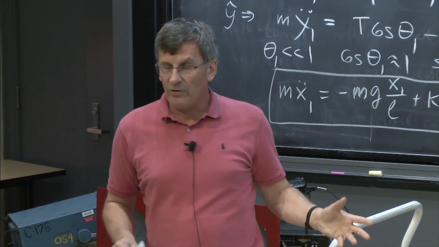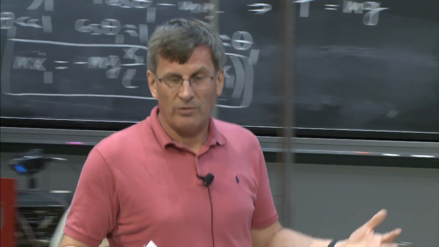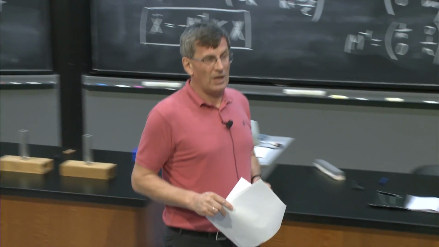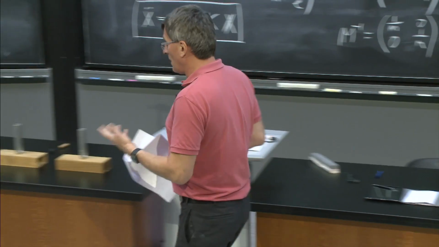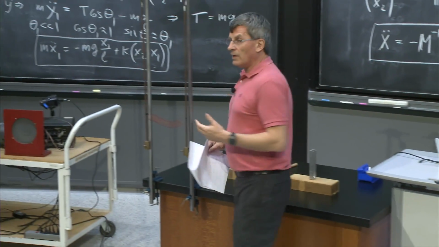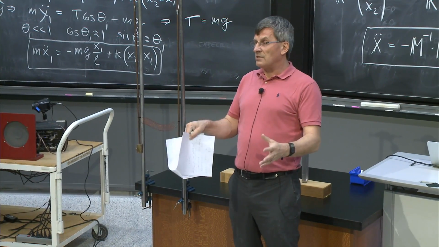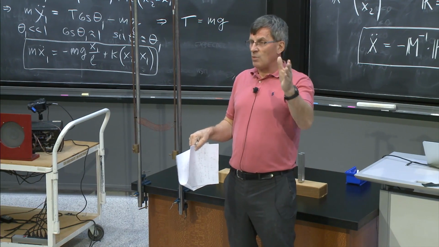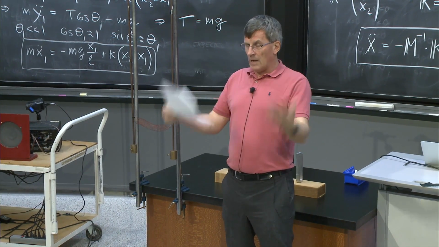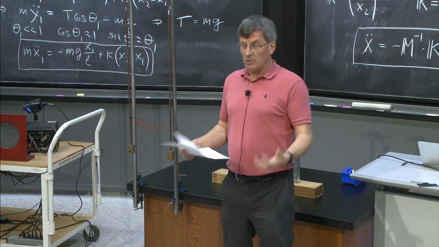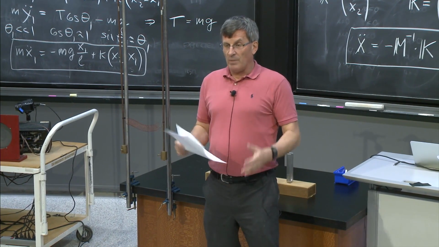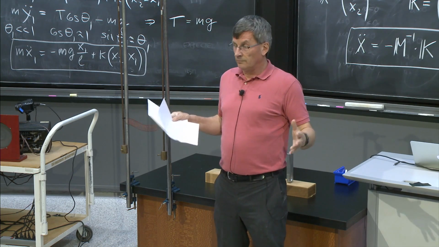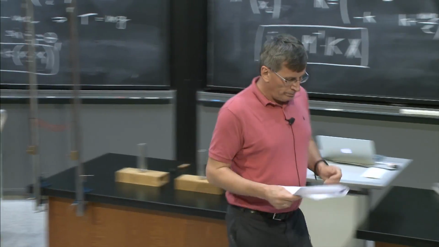It turns out that every system, depending on the number of dimensions, will have a certain number of frequencies, normal modes, at which the whole system oscillates at the same frequency. Both x1 and x2 undergo motion of the same frequency. We don't know what the frequency is. We don't know its amplitude, etc., but it is the same. Okay? So